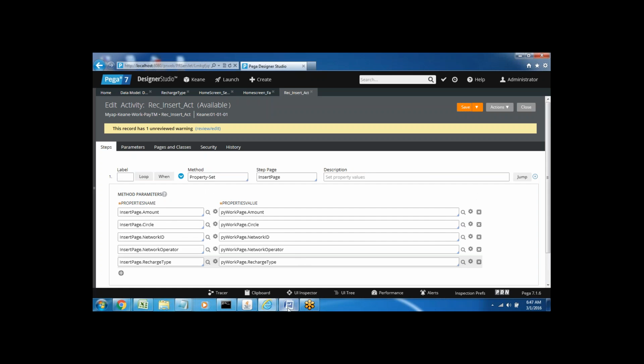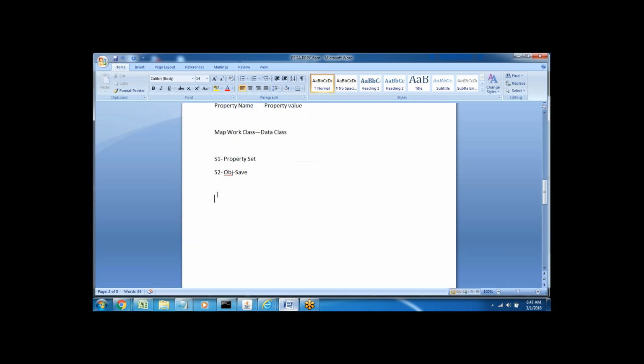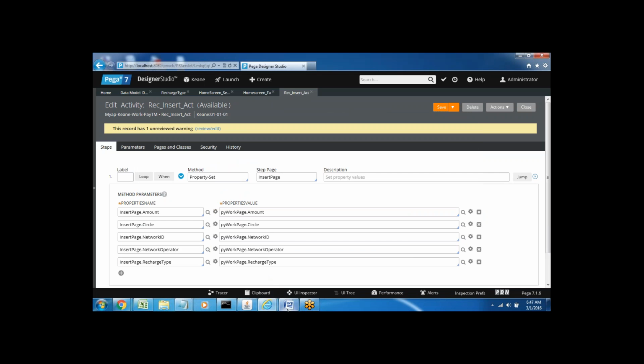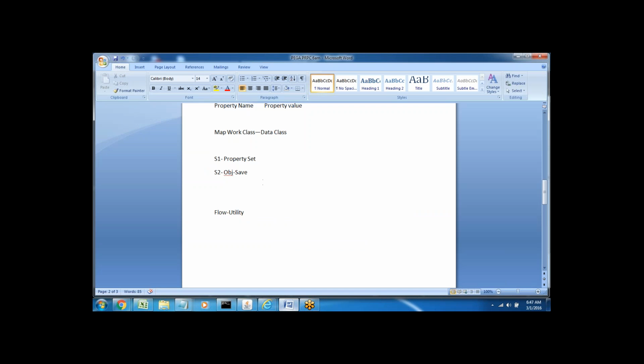And one more thing, this activity we are going to configure inside a flow diagram. I'm going to configure it in a flow using the utility shape. From the utility shape, I'm going to configure this activity. So the next step is, after creating the activity,